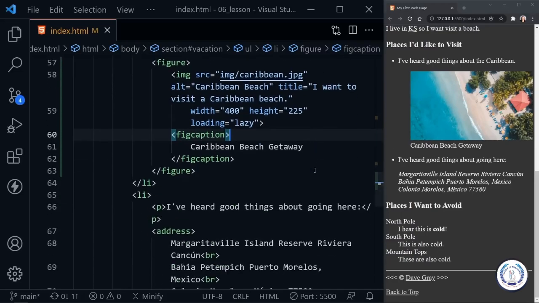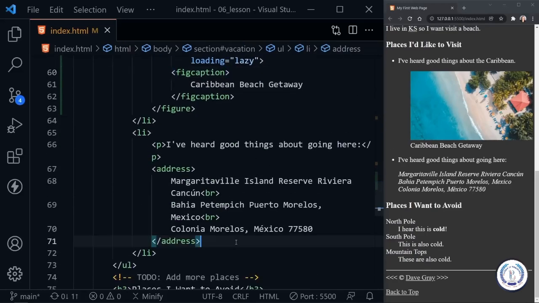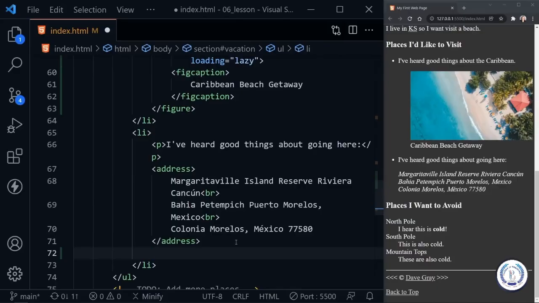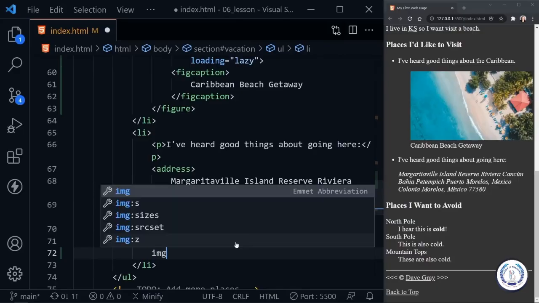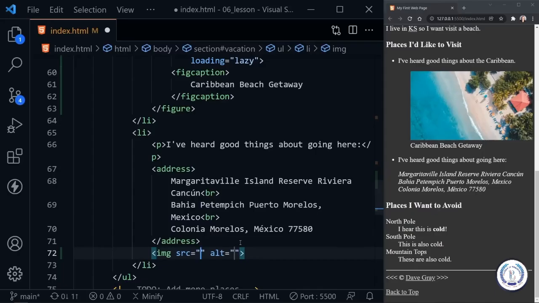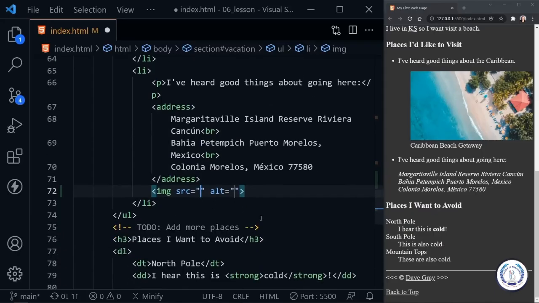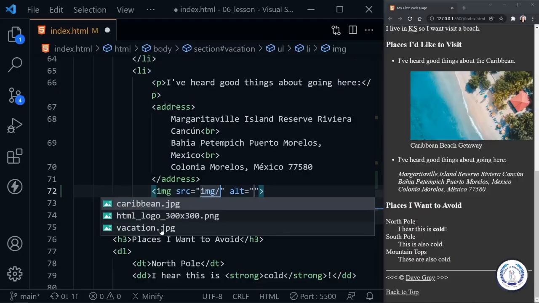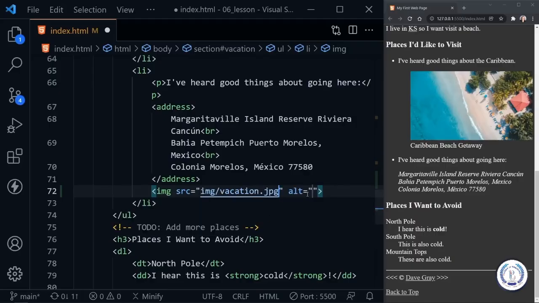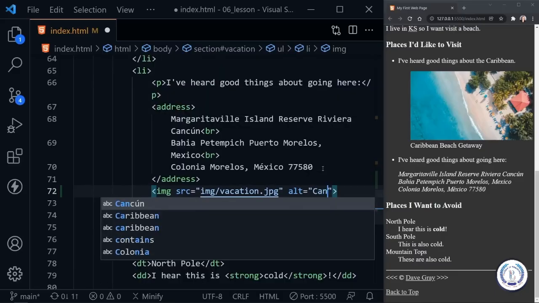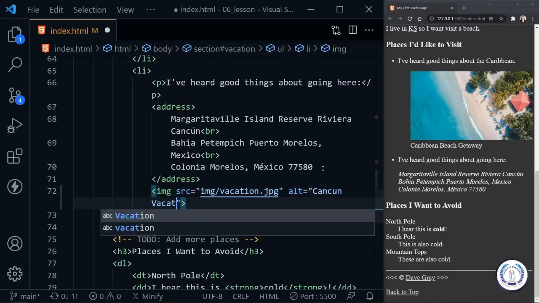So we'll scroll down here, and underneath the address we want to add an image of at least the Cancun area, because that's where we're thinking about going. So image, and we press the tab button and we get the source and alt attribute again. So let's type img, that's the name of our folder, and slash, and now we've got our vacation image, and that looks good. And now we can put in the alt tag the Cancun vacation for our vacation image, and